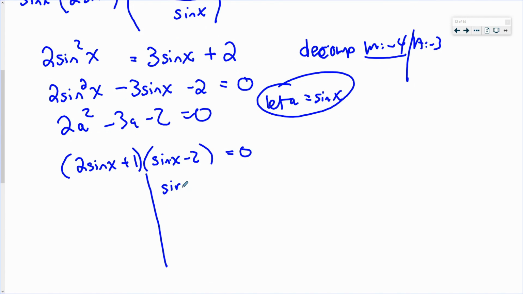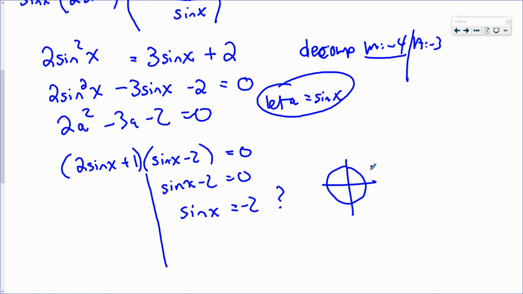So you get sine x minus 2 equals 0. And that's going to give me sine x equals -2. Now, please remember that our unit circle is defined from 1 to -1. Okay, so when you get something like this, and this does happen frequently on the exam, where they'll give you one of the branches, there are no solutions for this one. And you need to recognize that. So remember, basically at the end of the day, that your sine values have to land between -1 and 1. Same thing with cos. The only exception is tangent, which can have any value except for those non-permissible values, right? Over here,